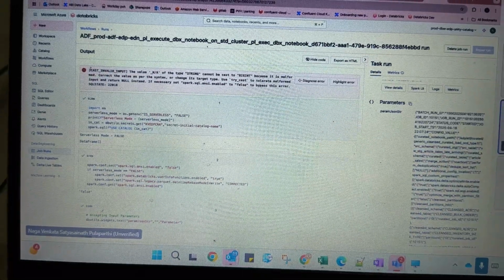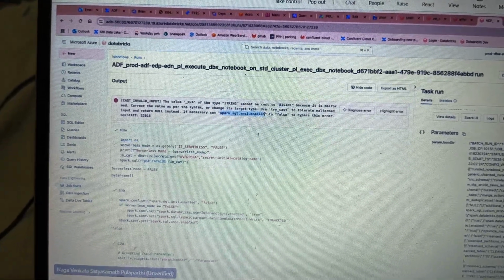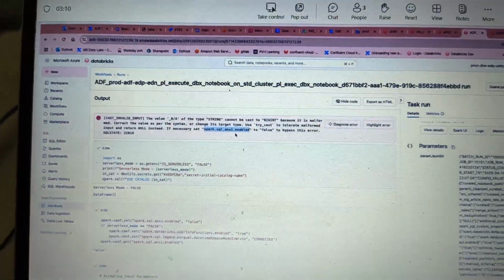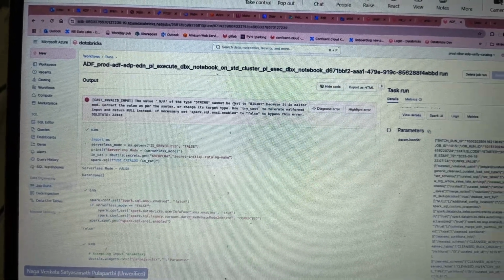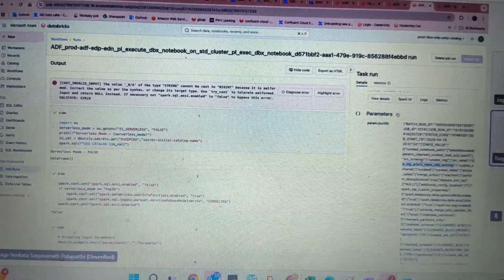There is a problem where the view is trying to cast a string into big integer or double. Usually, ANSI SQL mode was disabled, set to false by default. But we have to convert all the existing views into Spark ANSI SQL enabled, so I have to create the view with enabled mode.